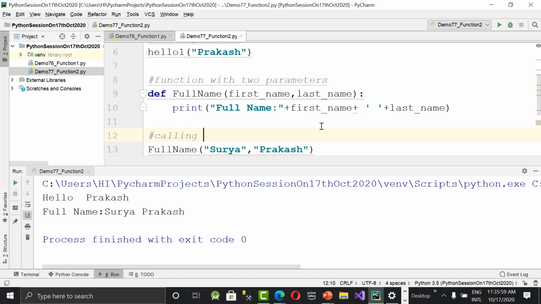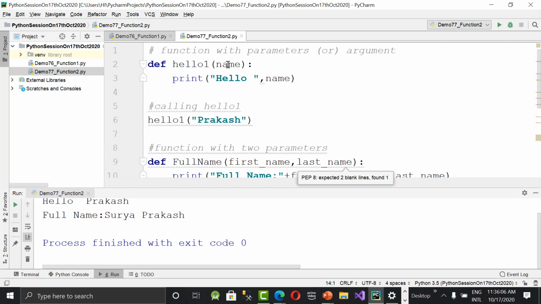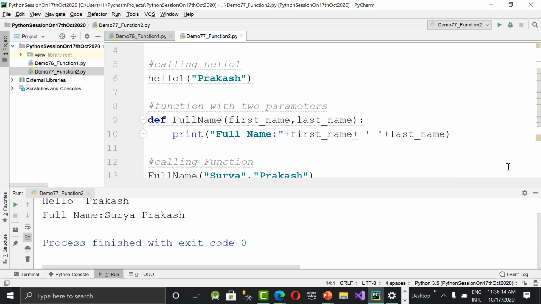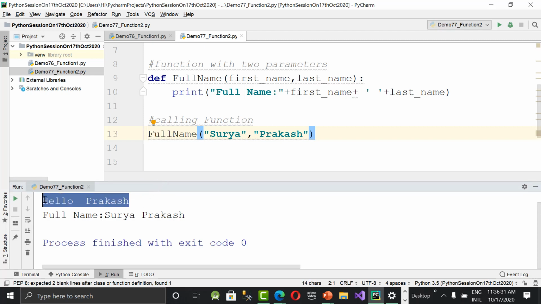So take the first example with only one parameter, name. I just concatenated hello with comma or plus, it's up to you. Then I went to the second function called full_name where I'm taking two parameters, first_name and last_name. I concatenated two of them with a space, so that I got a good format. See the output now. The first function is just concatenating hello and Prakash, and this is first name and last name. I'm printing as full name. Like this we can work with functions with arguments.